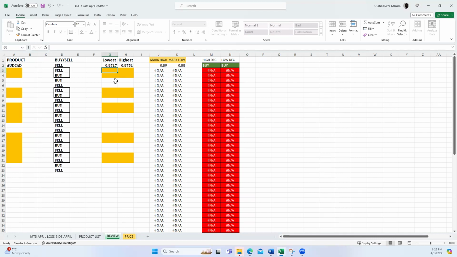So now, according to this report, you can see that this market, according to the expert, is a sell market, and this is the lowest that we have. But currently, our high price is 0.89 and our low price is 0.88. So according to this rule, this market is not a sell, but a buy. So what it means is that we need to take a buy action, or we need to take actions that will recover these sales that are in losses, because it's likely that these sales will continue in buy for the rest of the month, except